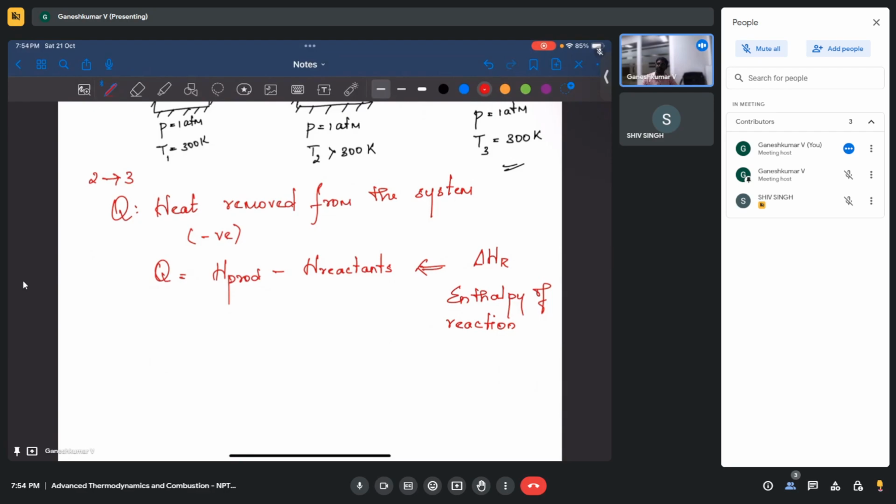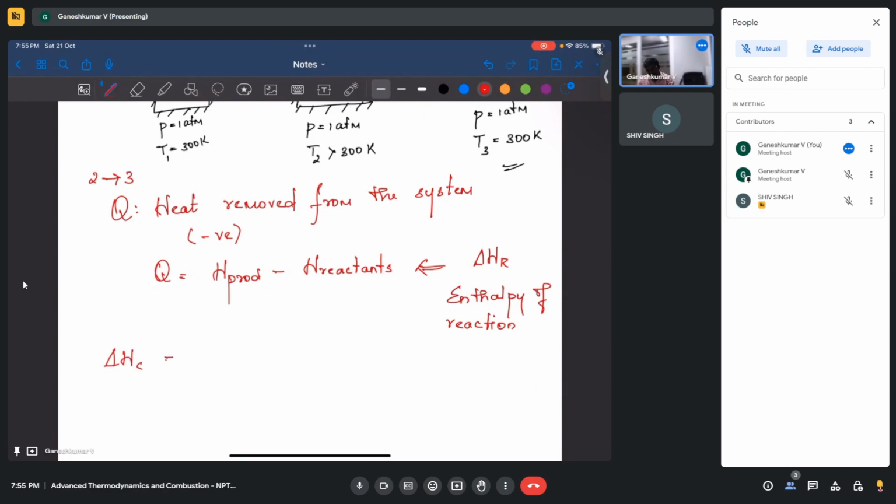Upon combusting, you will generate a lot of heat, and using that heat, you will convert water into water vapor. Let's say you are boiling it, right? For that, you need heat, and that heat is coming from combustion. So how much enthalpy I can get from a combustion is nothing but